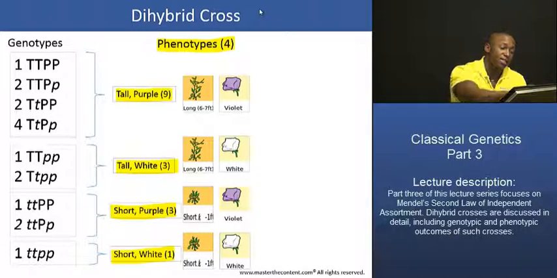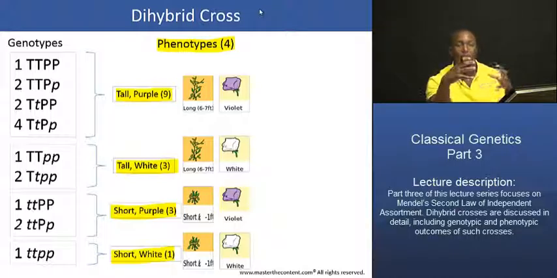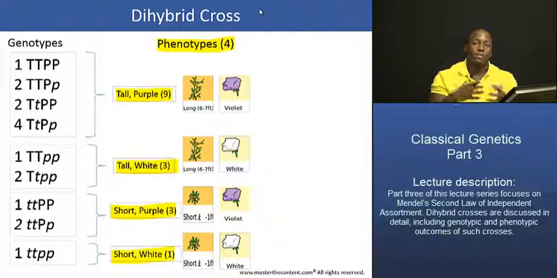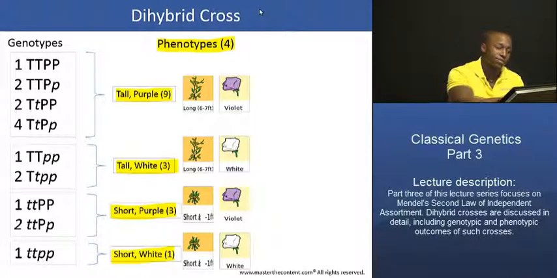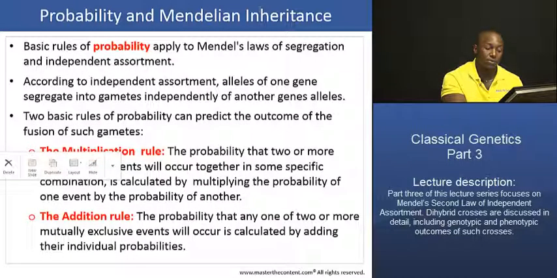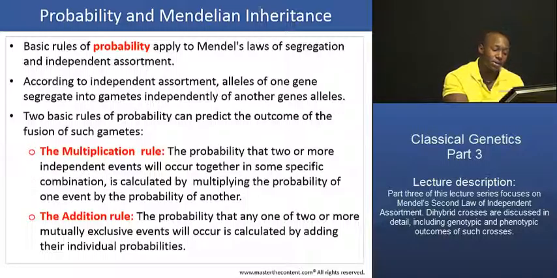So that's what a dihybrid cross looks like. That's what a cross involving the simultaneous crossing of 2 different characters, 2 different traits, looks like. So now that we've covered what dihybrid crosses are all about, we're going to move on and talk about